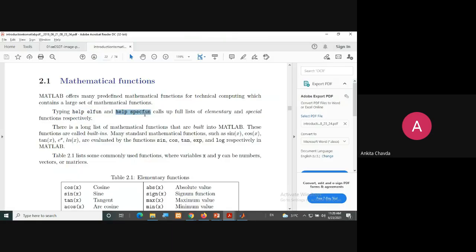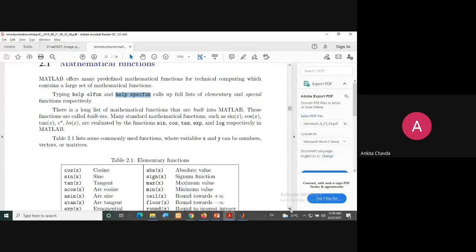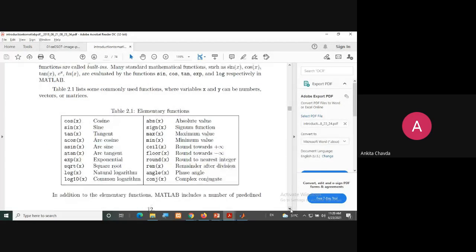And here you will have this specfun function, which is for the special functions. In MATLAB, you have many built-in functions. The list is actually very long, but here are a few functions which we use in general.